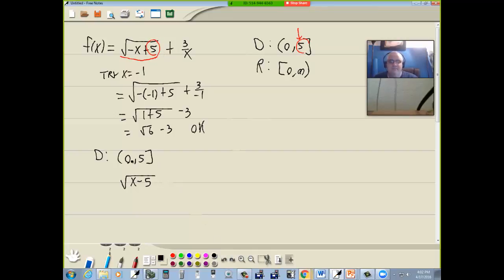Then we try this. If I were to put negative 1 in, for example, that's outside of this domain. Negative 1 minus 5 is negative. We can't have a negative inside of a square root, so that wouldn't work. If I tried a value over here, which would be 6, then we get 6 minus 5, which is 1. And see, that would work. Right. And then